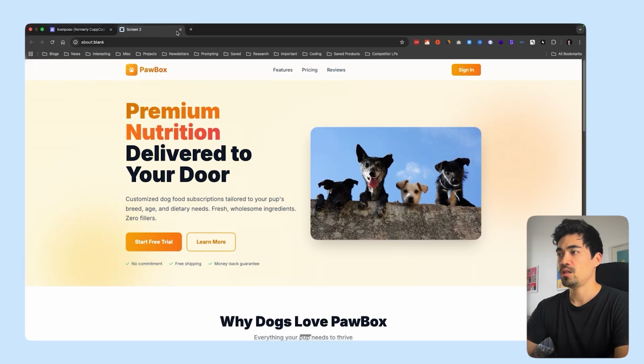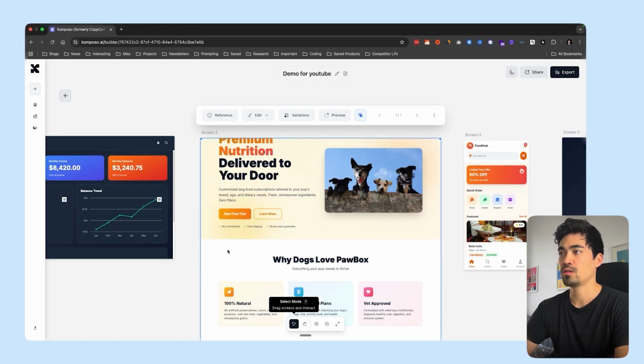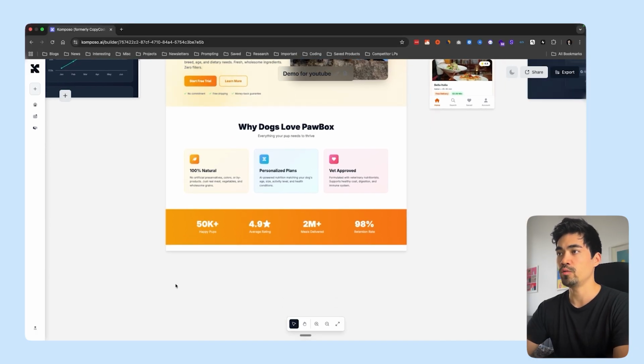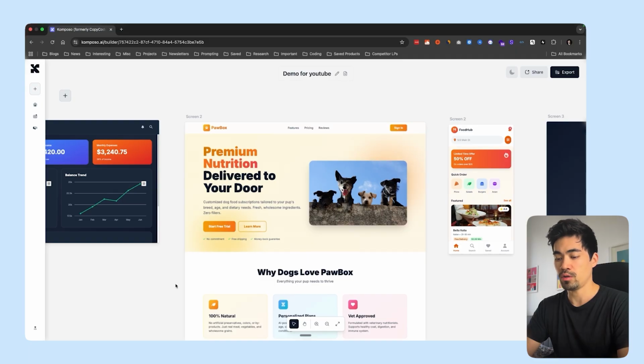By the way, navigating, you can use the select mode here to navigate around. And then, if you're using the trackpad, you can use two fingers to kind of move around, or you can use your mouse and the keyboard with Shift, or on a Mac it's Command, to kind of move up and down, or you can just switch between these and use these buttons here to zoom in and